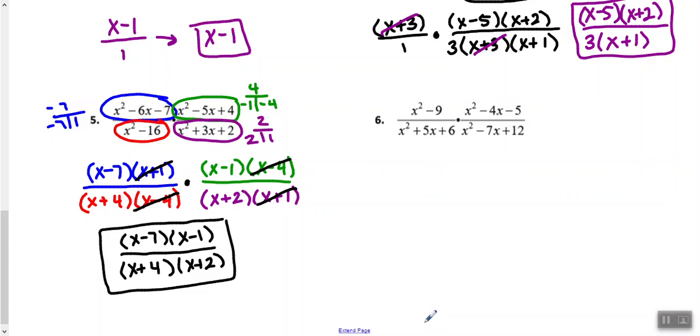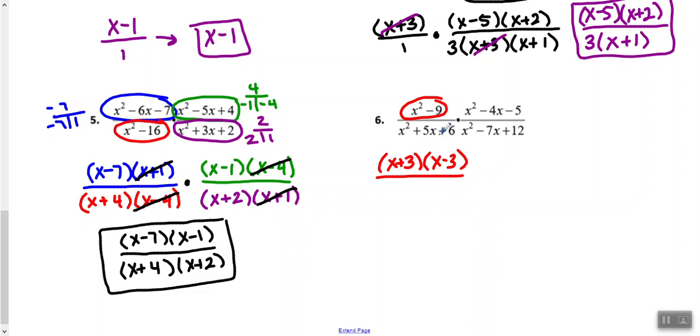So again, for number 6, you can pause it and try it on your own, or I am going to walk through this one as well. So this is another one where I need to factor everything. So I'm starting with x squared minus 9. I notice it's two terms subtracting, and they are both perfect squares. So that factors to x plus 3 and x minus 3